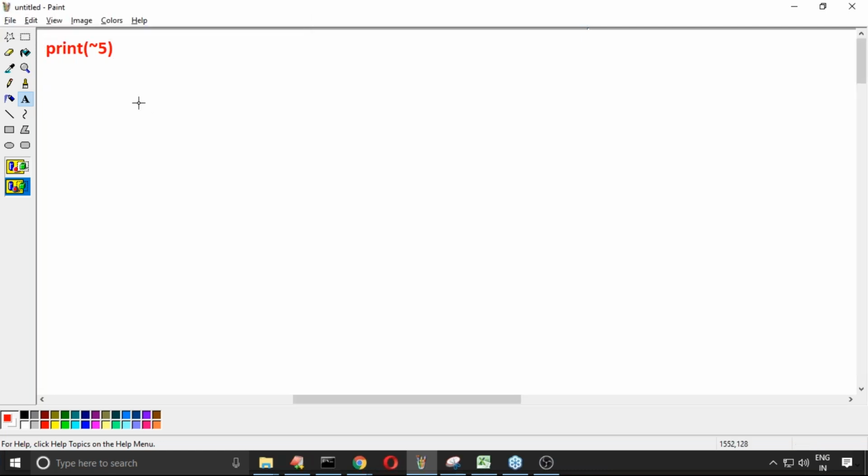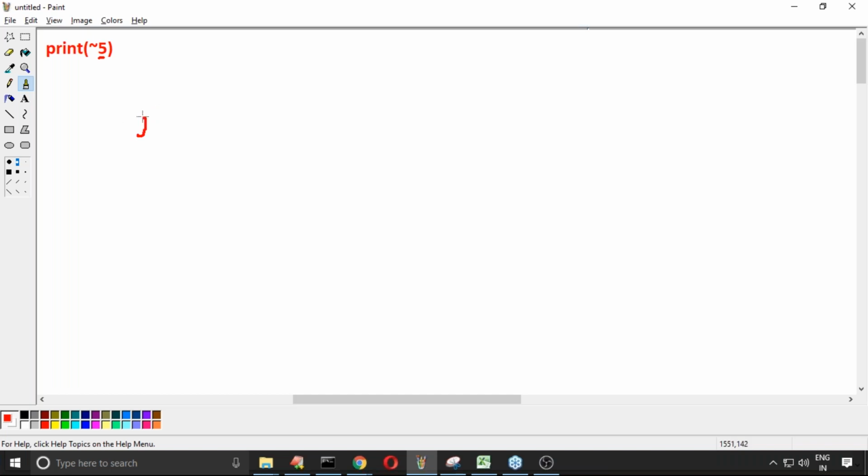Sir, first convert this 5 into binary. At least that one you people are aware of. The people who don't know how to convert this decimal 5 into bits, please let me know. It is a matter of just 1 or 2 minutes, I will explain. 5 is a decimal number. Can you please convert it into binary?